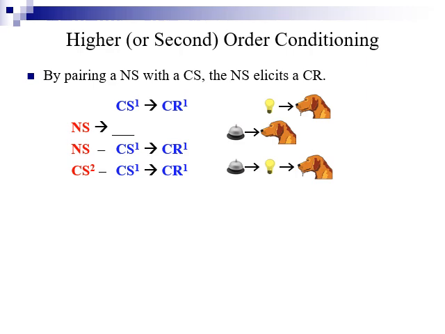And we continue engaging in this pairing of stimuli, CS2 with CS1. And as we continue to do that, eventually we can present CS2, the bell, by itself, and it too will elicit salivation.